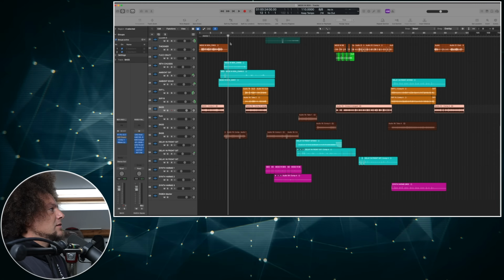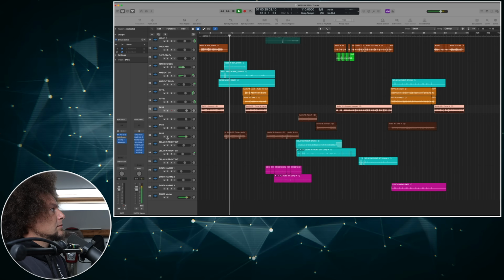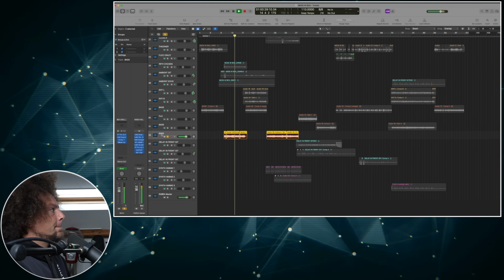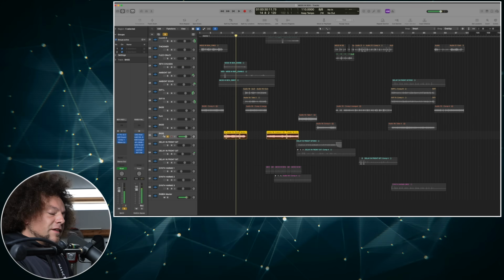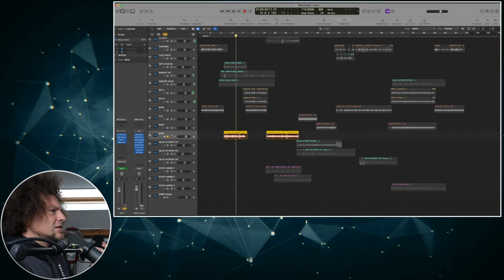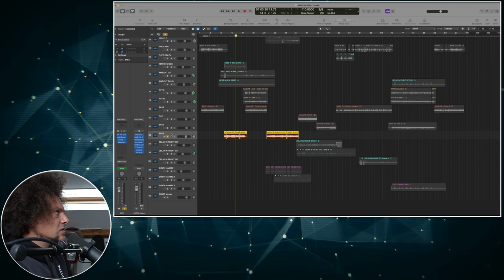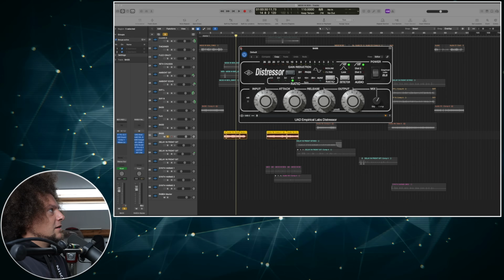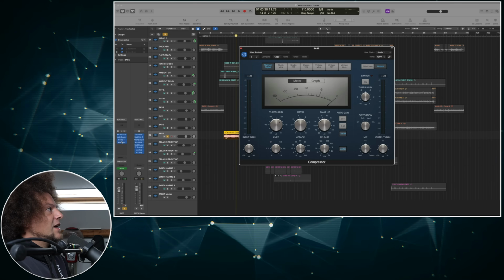And then in the verse, it's a very similar kind of sound, but it's way, way less distorted. I think I actually used the same preset and then just dialed back the distortion a little bit. I'm using a bunch of compression, like I use the UAD Distressor, and I also sidechain a compressor to the